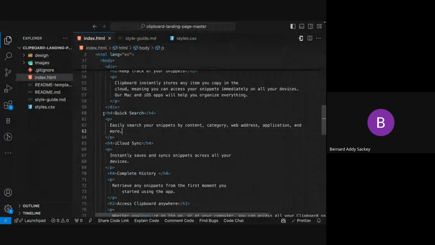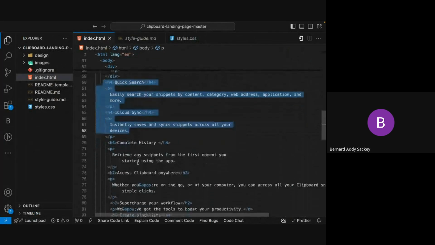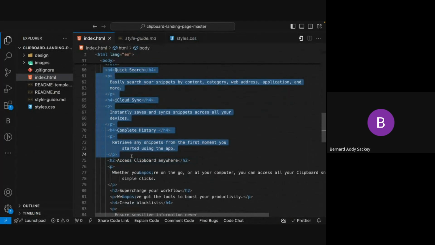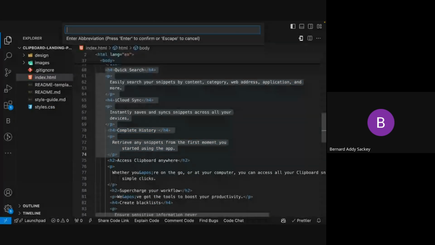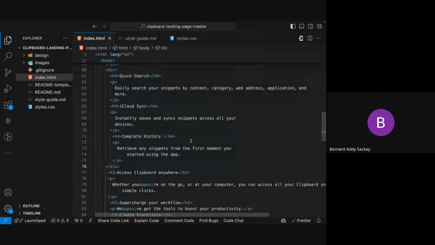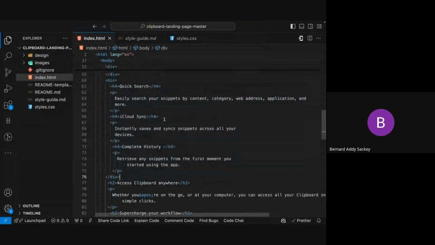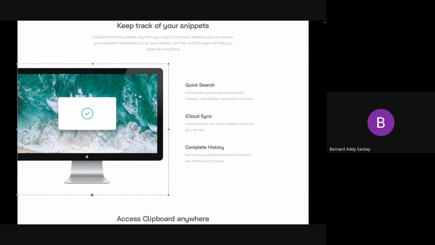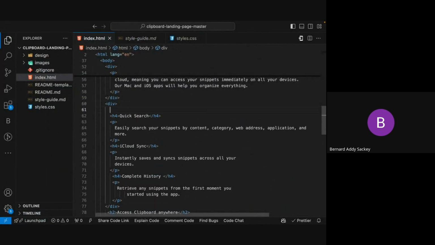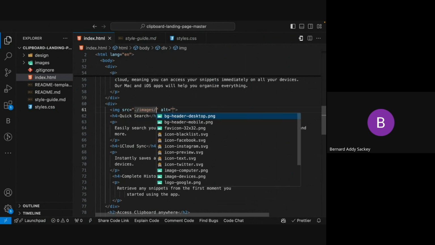So with that in mind, I'm going to highlight all those elements in that category. I think it ends here, and then put them in a div. And inside them, so that's what I've done. But however, the image is missing. This image is missing. So I'm going to create the image tag and call that image inside. I'm going to create the image tag, call that image called images,